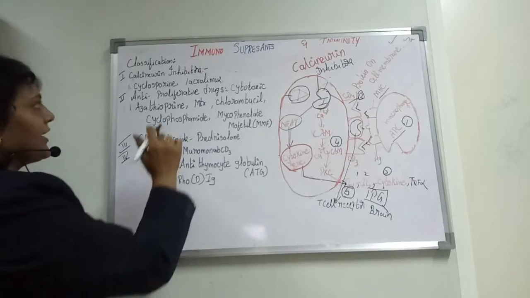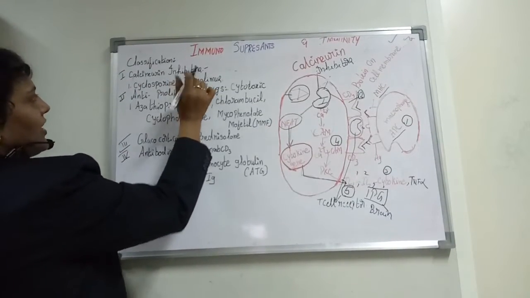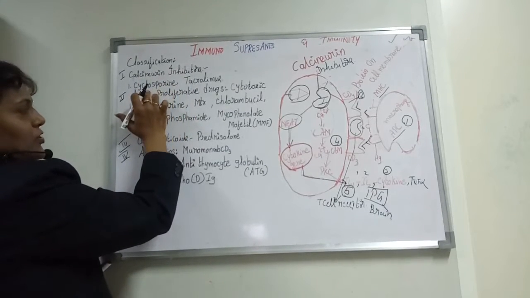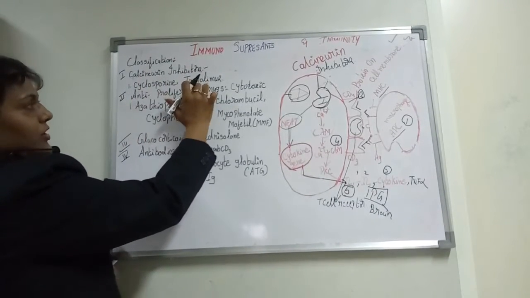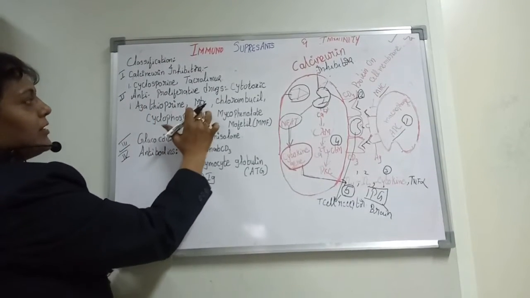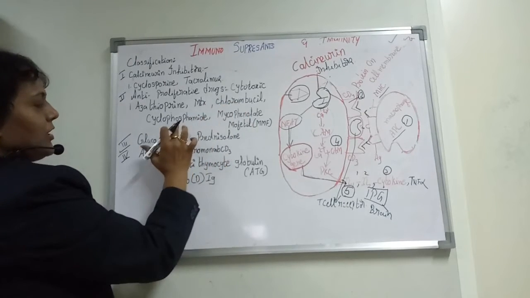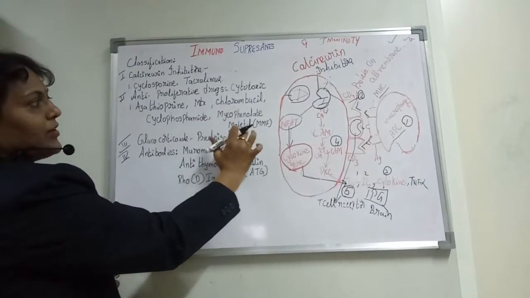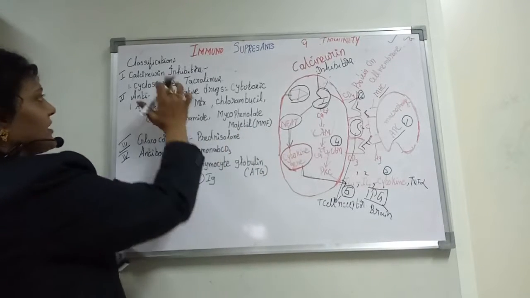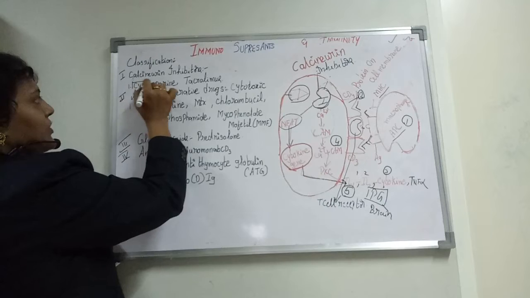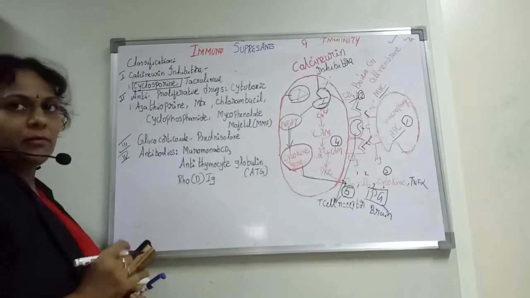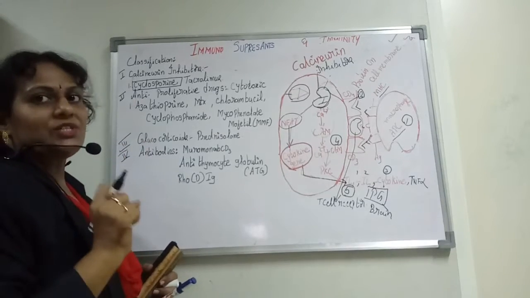And out of these, the best drugs in the calcineurin inhibitors are cyclosporin and also tacrolimus. And the anti-proliferative drugs are azathioprine, methotrexate, chlorambucil, cyclophosphamide, and mycophenolate mofetil, nothing but MMF. And out of these, the calcineurin inhibitors are much more potent drugs which are used mostly, and it has been made into a block-like structure, which is indicating the